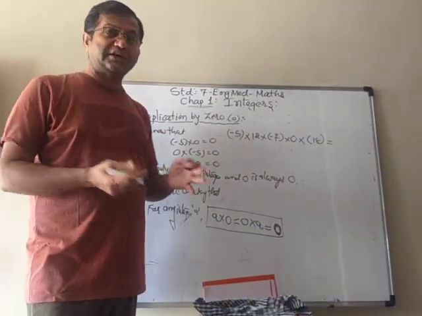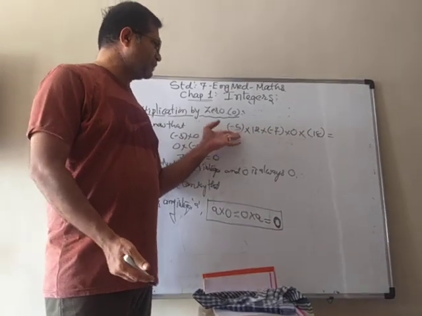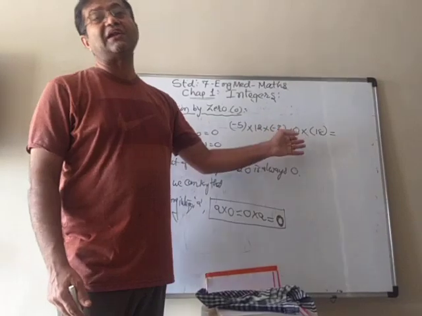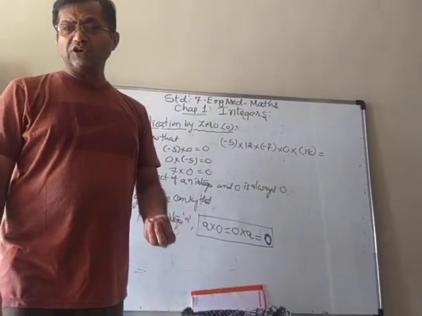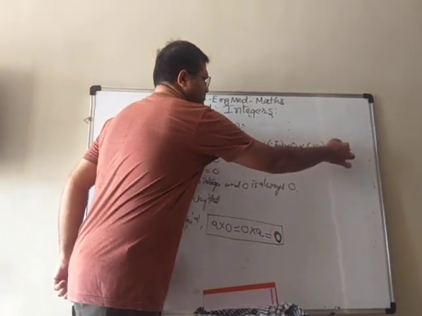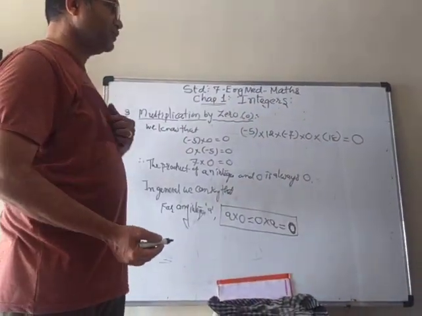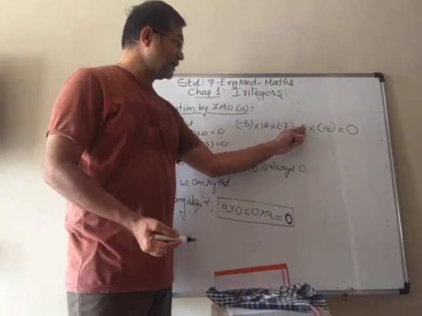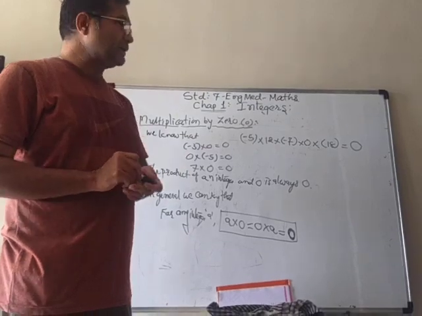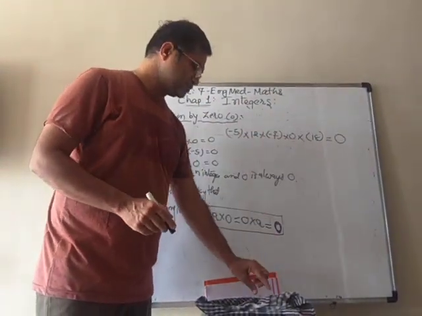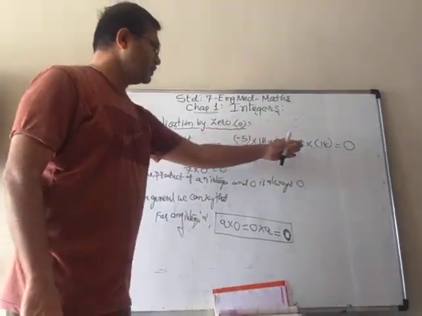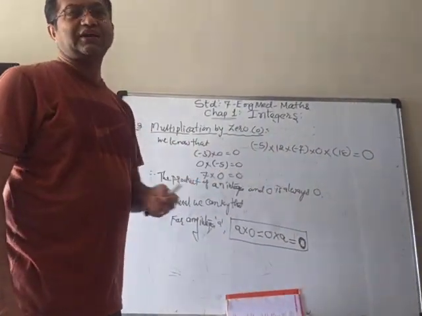When we multiply anything by 0, why must we waste our time to multiply 12 by minus 7, multiply by 18, then last 0? Because we know that when there is a 0 in the multiplication, the answer will be 0. But if you forget that, then your time will be wasted. So whenever you do multiplication, please look at the question, because sometimes, to misguide you, the question can be twisted like this.